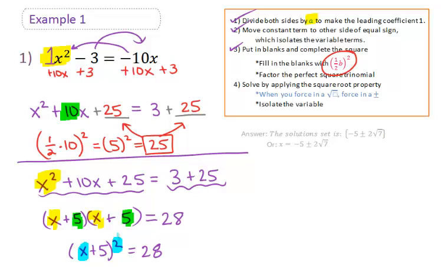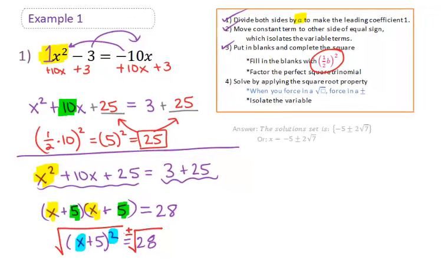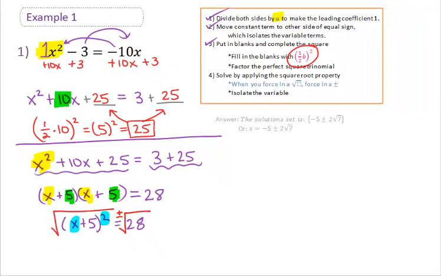So at this point we need to force in a square root on both sides of this equation. And when you force in a square root, you should also force in a plus or minus. On the left, the square and the square root cancels out, leaves me with x plus 5. On the right, we have plus or minus square root of 28, which does simplify, splitting it up into 2